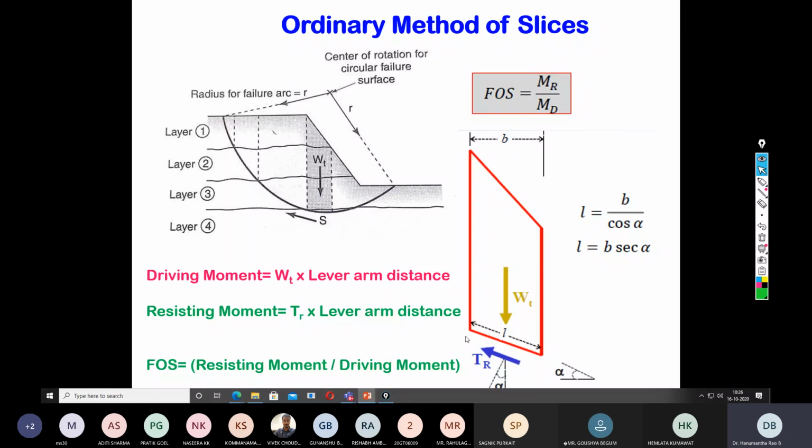So this alpha is also different for different slices. I know the horizontal width of the slice, which is B, so I can calculate the inclined length of the slice. That is L. There is also